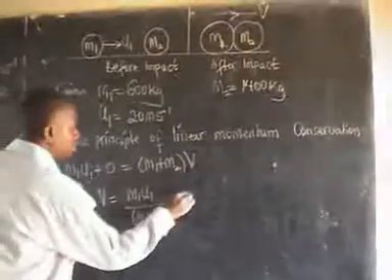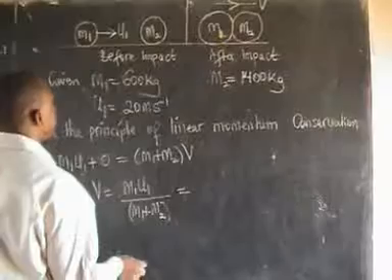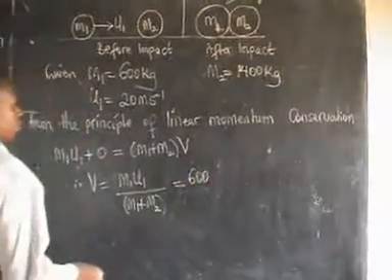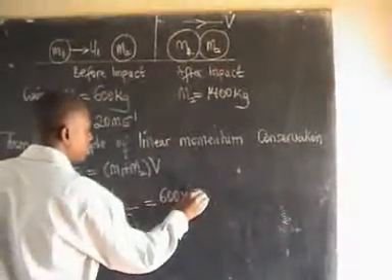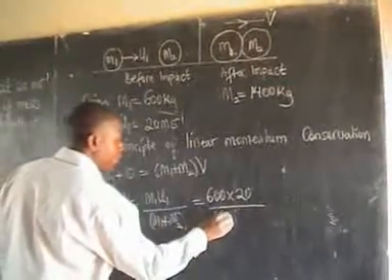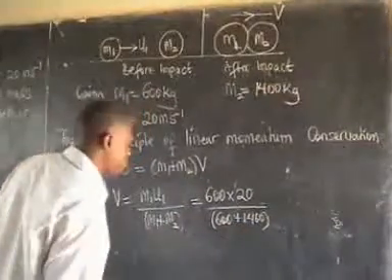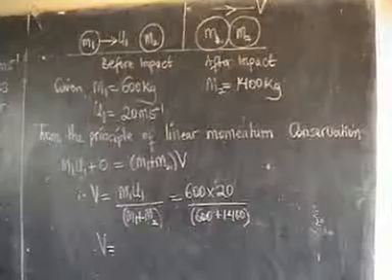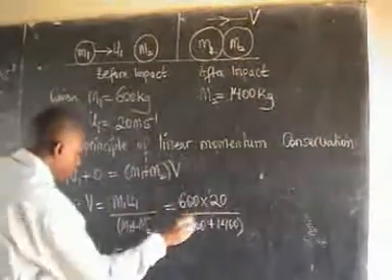When we substitute, even if the masses are in the same units, 600 times U1, which is 20, divided by 600 plus 1400. So that is equal to 6 times 2, that is 12,